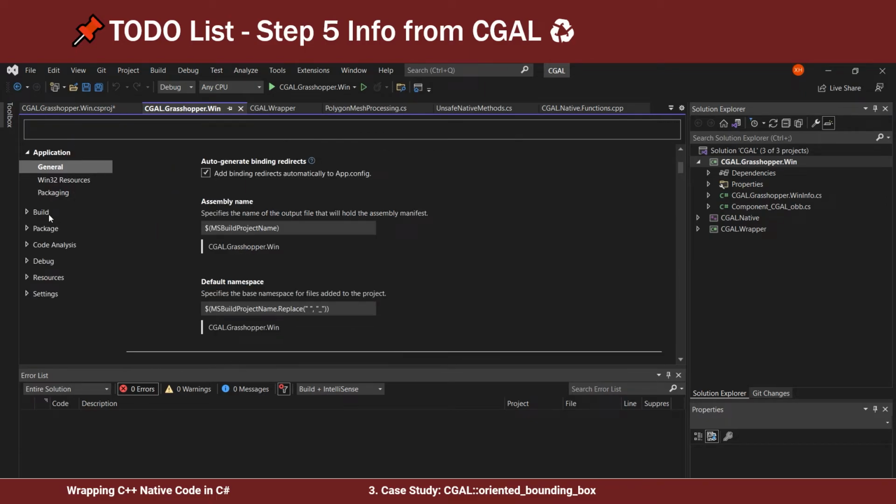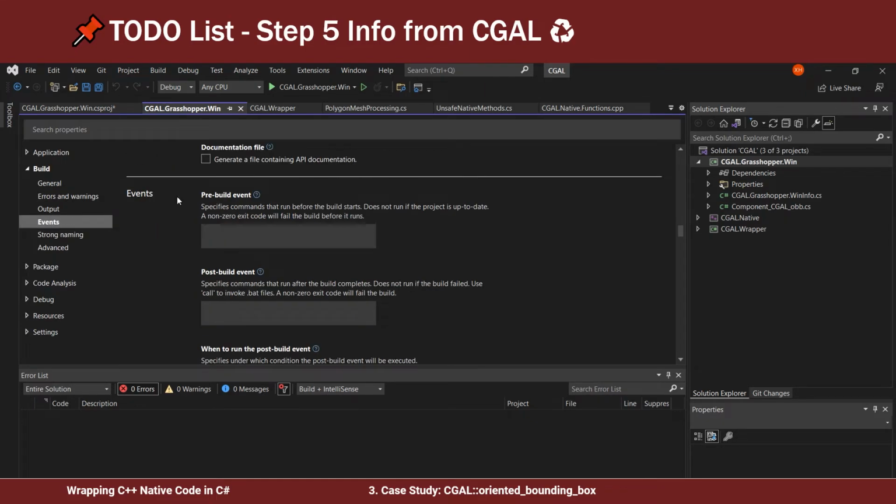So next thing we need to do is the event. We hit xcopy, target directory. We copy to the libraries of Grasshopper. So user profile app data